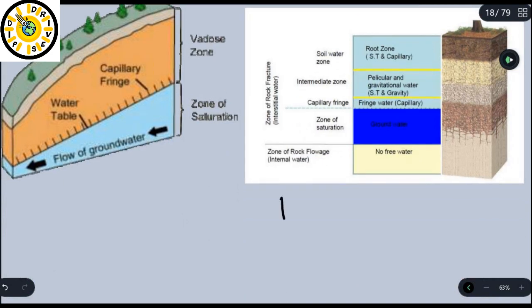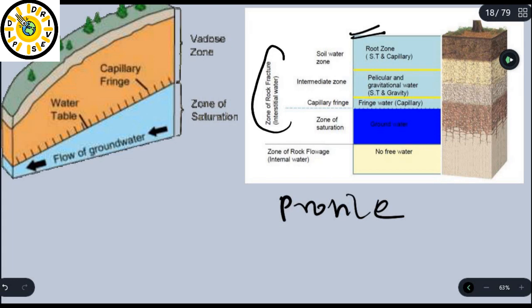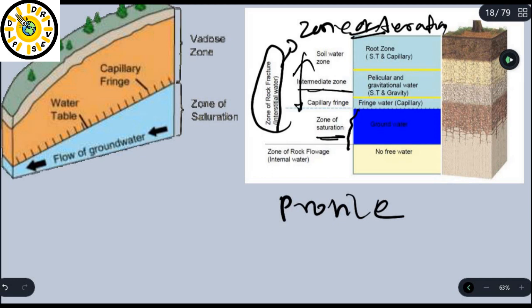Suppose this is the profile. Above is the root zone. This is called the root zone, and this is called the zone of rock fracture, also called the zone of aeration. This is called the zone of saturation. This is called the zone of aeration, not hole. Hole is the zone of rock fracture. And in the zone of aeration,